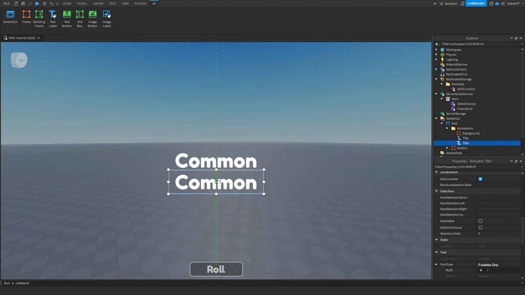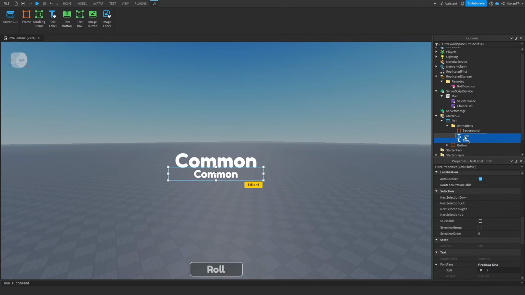We can duplicate it, put it underneath, or we're going to drag this new text label inside of the title, and we're going